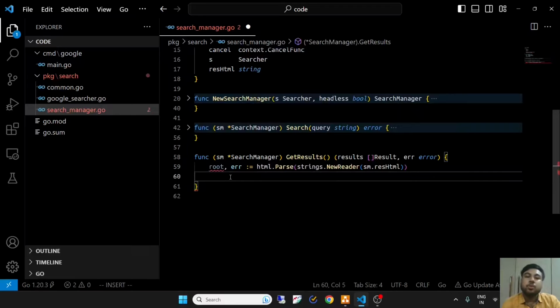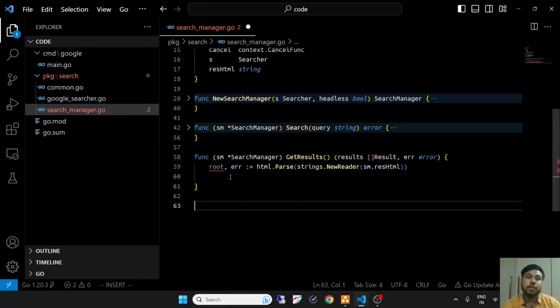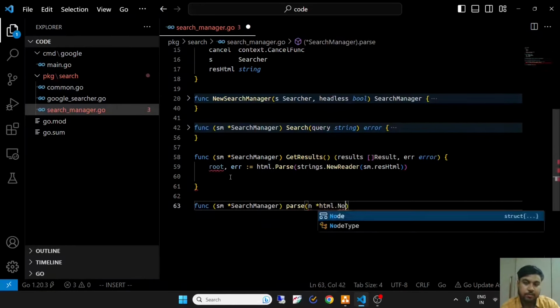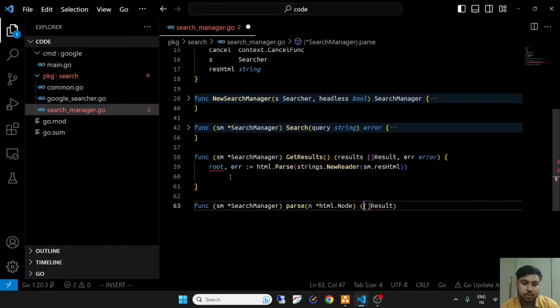So after getting the root node, we have to iterate over this tree. To iterate over this tree, we'll use an algorithm known as depth first search, DFS. For that, we'll create a function. We'll call that function parse, and this takes as input an HTML node and returns a Result slice.